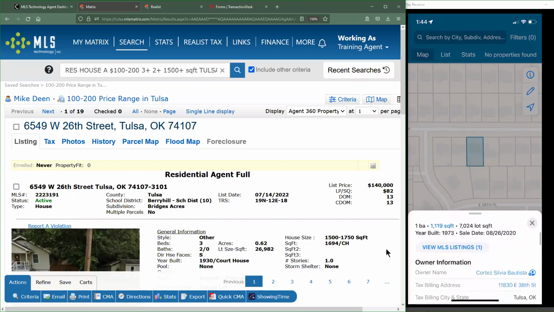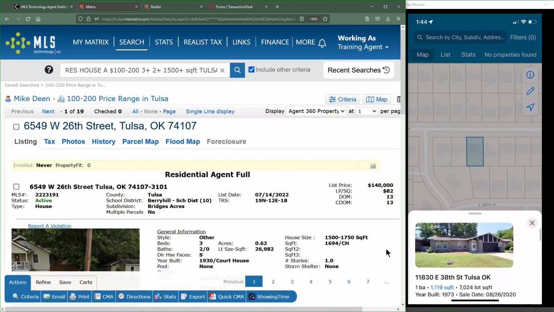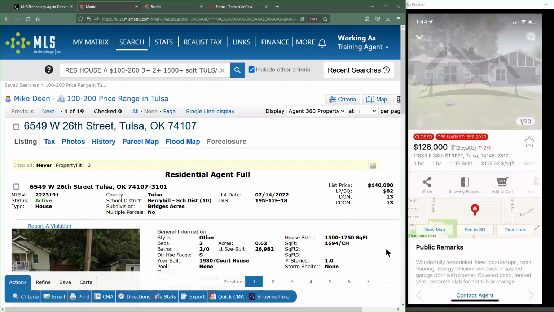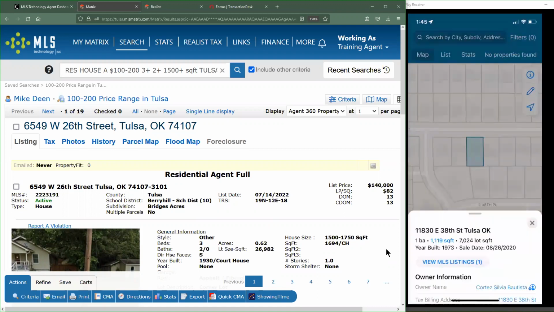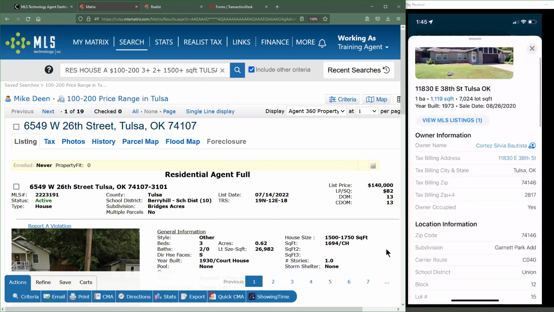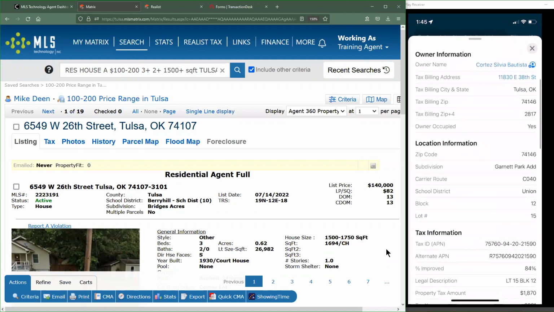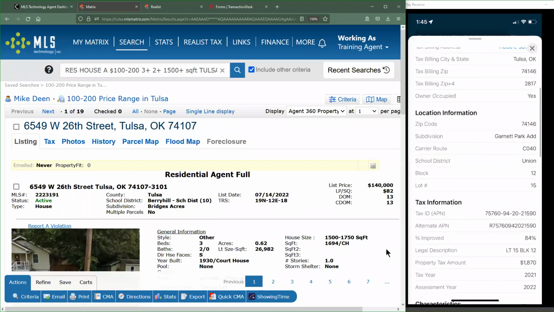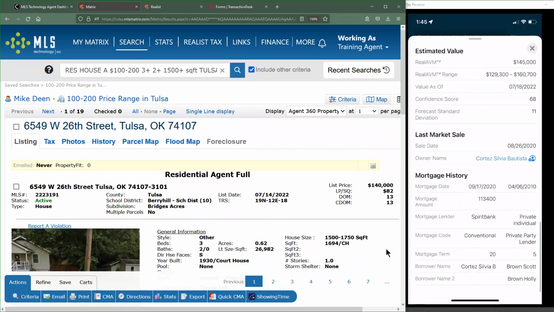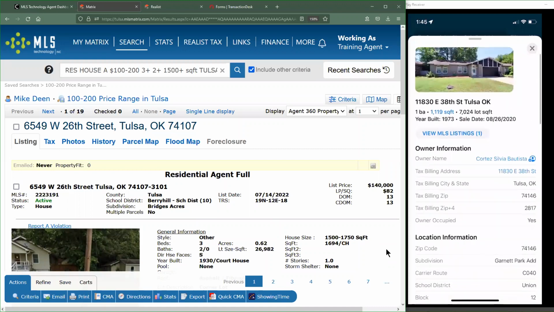property. Now, it looks like there was previously a listing on this, at least recently enough that not only do we have a photo, we also see a button here that says View MLS Listing. How handy is that? But it's also going to show me the remainder. Pull it up, please. Thank you. It's going to show me all of the remaining information from Realist directly. So as I mentioned before, using the Realist through the browser is okay, but I would very strongly suggest doing it through the MLS Touch app because it is literally the exact same information and it's so much easier to find.